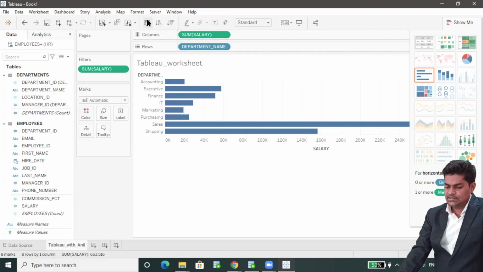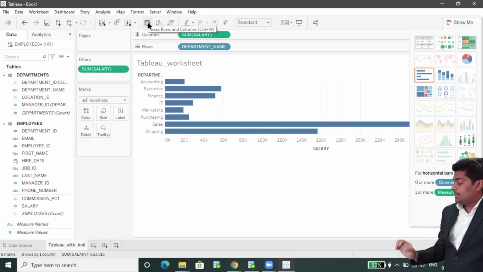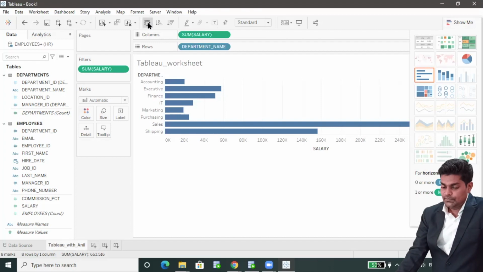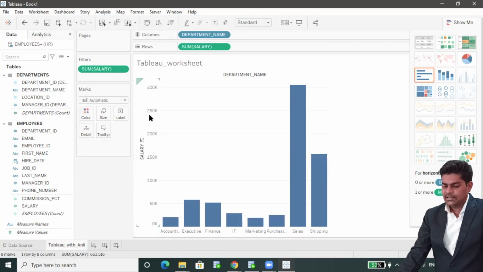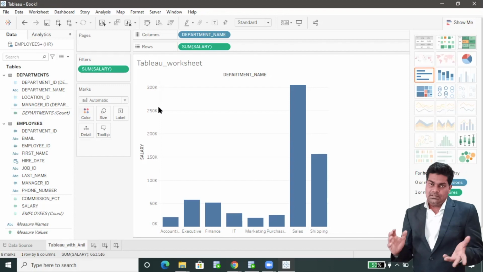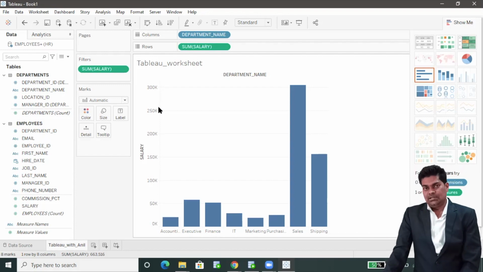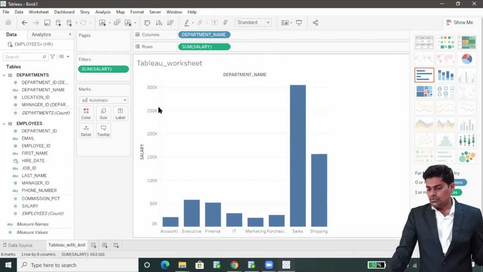Okay, so this is the swap rows and columns tool. So by this we can make it horizontal or vertical, and these are the axes. So we have x-axis and y-axis, so we can just change the numbers also in the axis, where that should start, where that should end. So all those activities we can perform here.